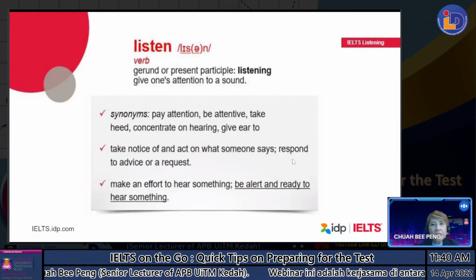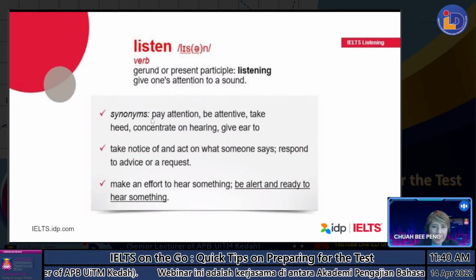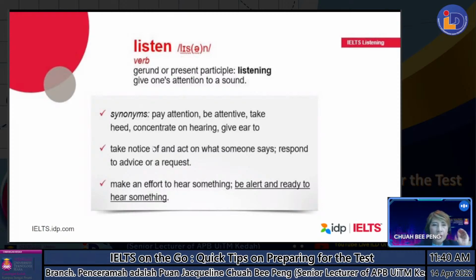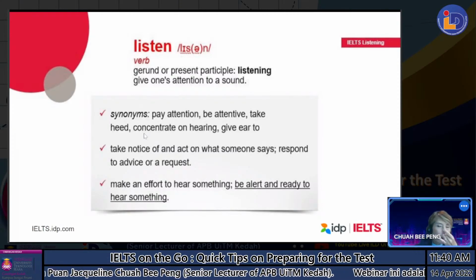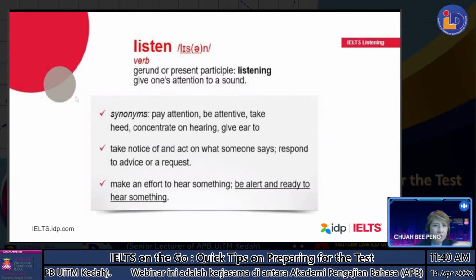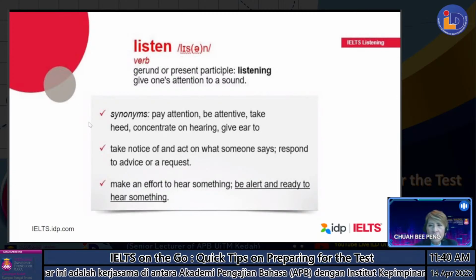So what about listening? Listening means you need to pay attention and not just hear. You need to always be focused because you need to concentrate on whatever has been spoken. And you have to be quick enough to capture the important information. And how do you know that the information is important? All of us have been teaching for a long time. I'm sure you have been sharing this with your students as well, whether you're language teachers or content-based lecturers. Tell them, during your lecture, how do you make sure that they know the key points?